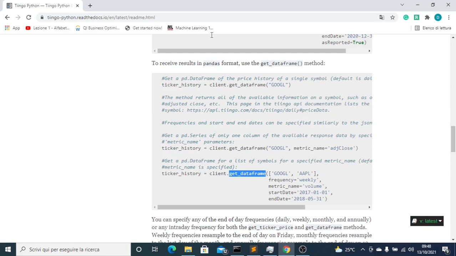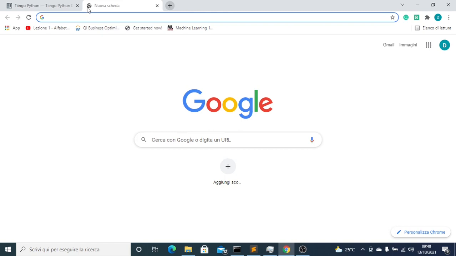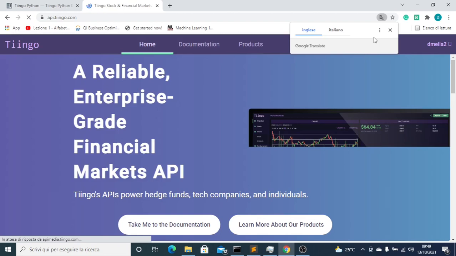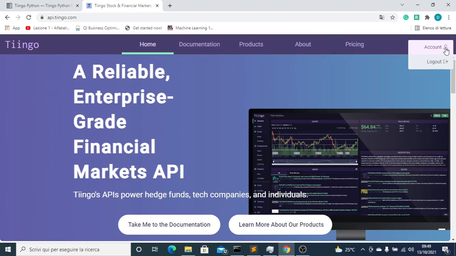Hello everybody, my name is Daniel Mellado, and in this tutorial I am going to explain how to use functions, but in this case oriented to trading. So let's start. We go to the website, and into the website first let me log out,